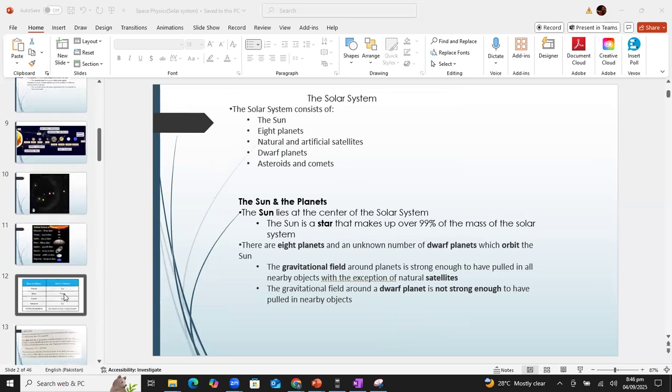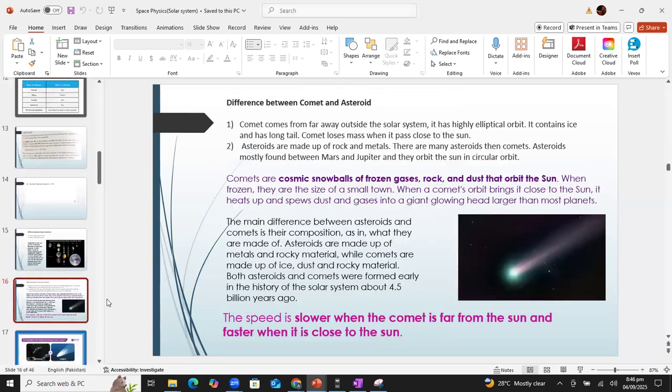Comets are not part of our solar system, students. Comets can enter outside into interstellar space. We can say comet will